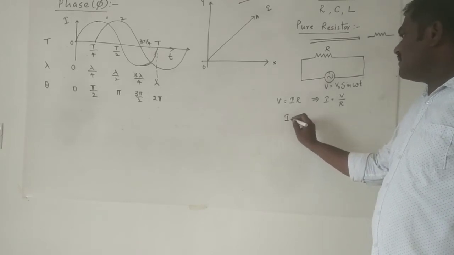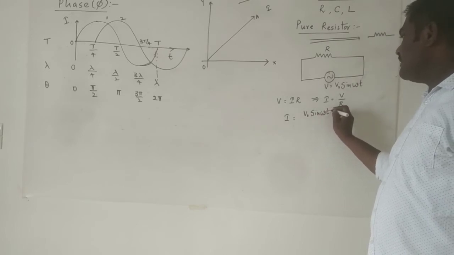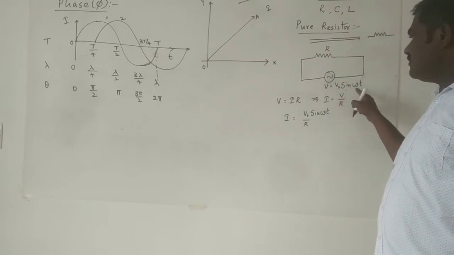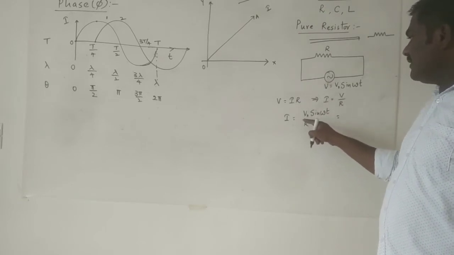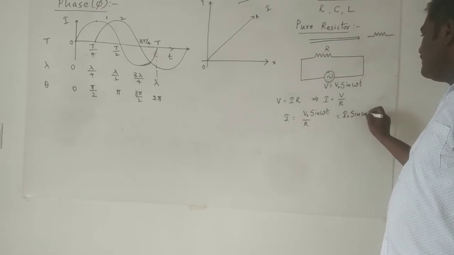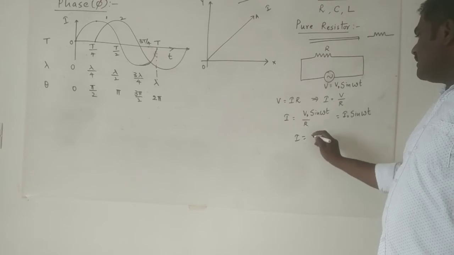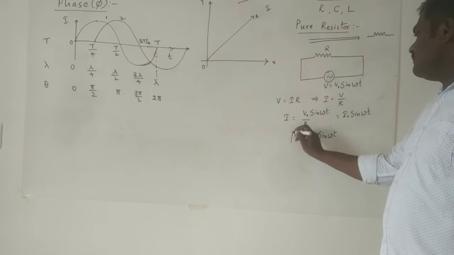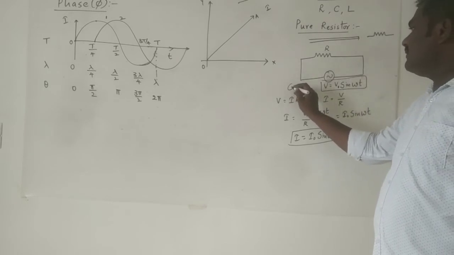So let us substitute. I is equal to, what is V? You got V0 sin omega t by R. So in the place of V, I have substituted V0 sin omega t. Now according to Ohm's law, I is equal to V by R. Similarly, V0 by R becomes I naught. So our final expression is LHS is I, RHS is I naught sin omega t. Now we got an expression for the current, and the voltage expression is already given. This is a given one.